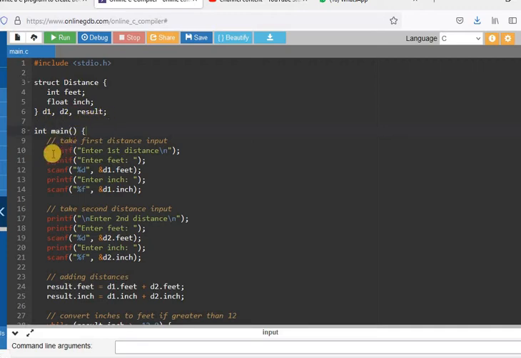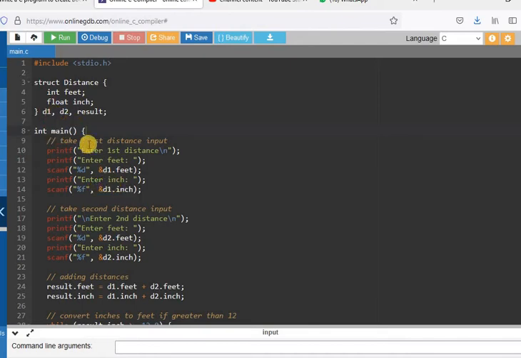Now in the main function, see here, first the instruction for the user: enter first distance, enter feet. Then by using the first variable of the structure, d1, we are taking the input, that is address of d1 dot feet. So the first value is stored into the member feet. Second, for enter inch, address of d1 dot inch.